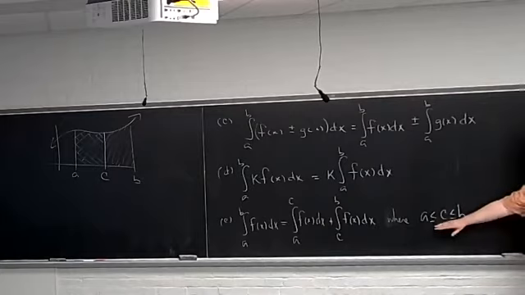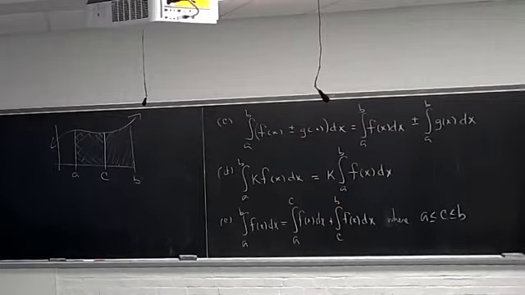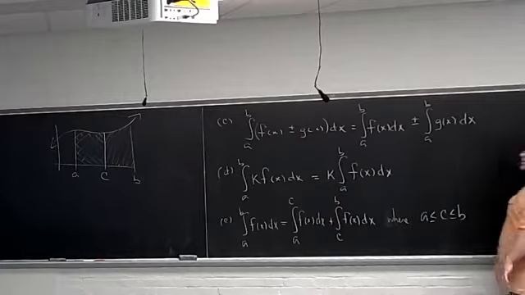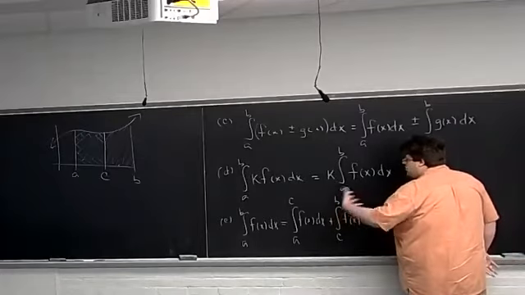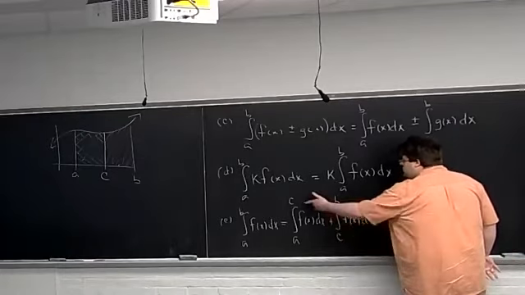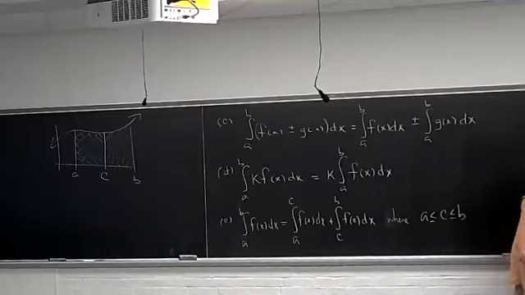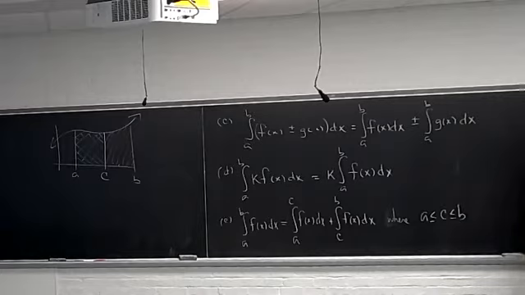But the more interesting case is when C is between those two, because we can split an area into two pieces, but we can reinterpret that splitting of the area into splitting the integral. And we'll see that that is useful for something we do in a few minutes. Any questions about these properties? Okay, let's